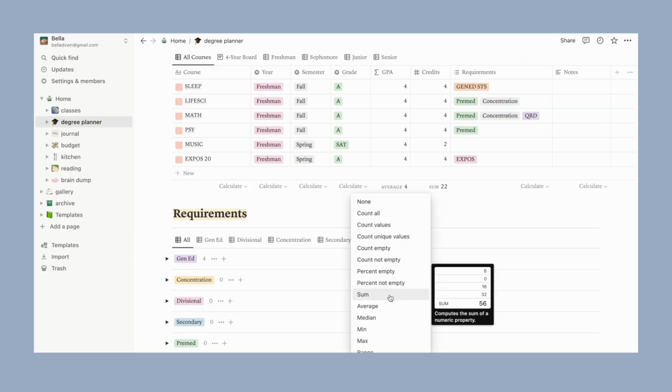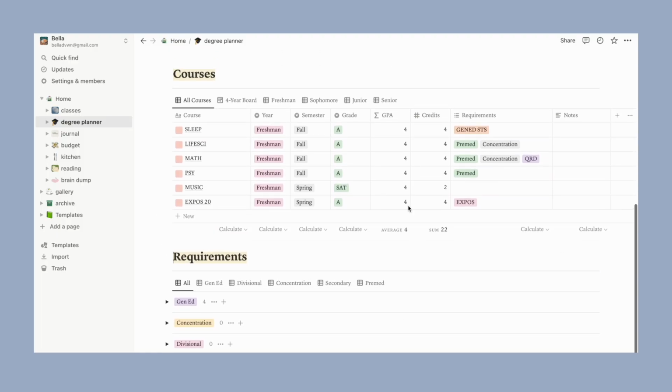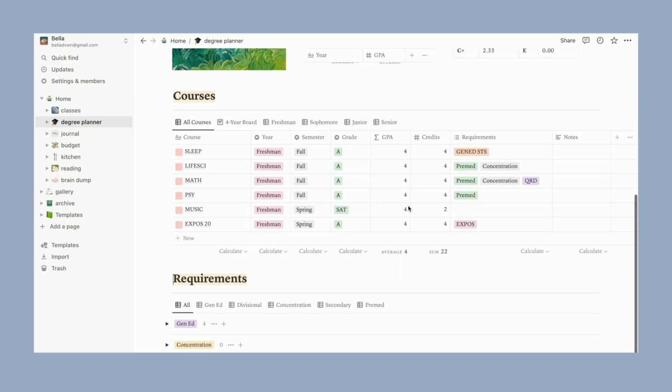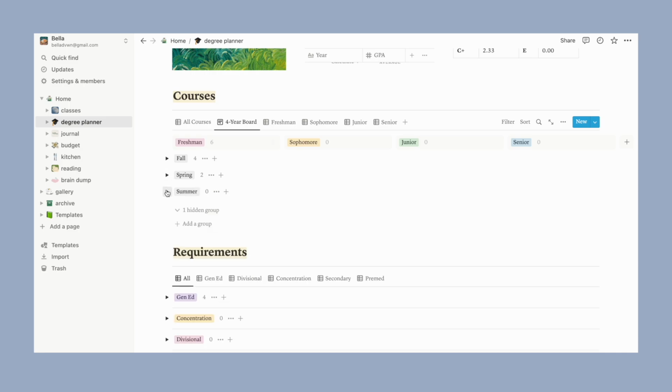point. Again, you can take the average of your current grade points on the bottom of the table and also filter by different years to see your GPA as a freshman, sophomore, and so on. This is what I would do to get the yearly GPA and just copy and paste that to the GPA tracker above. I can also change the view of the database so that I can see all 4 of my years on one board. This is a really nice way to see the courses by semester and grade, especially when